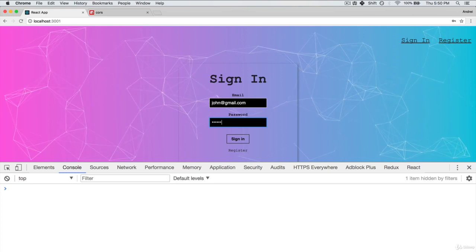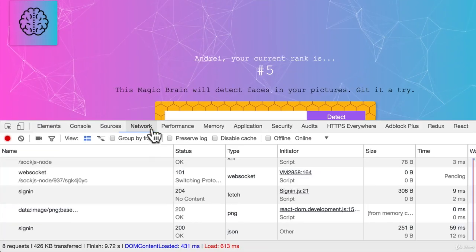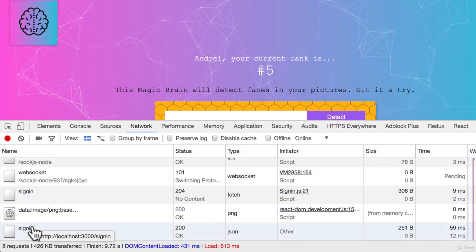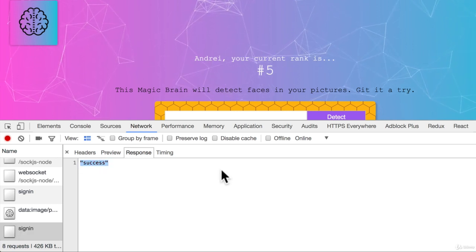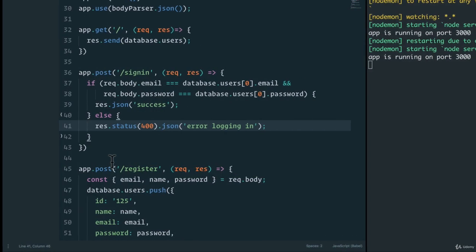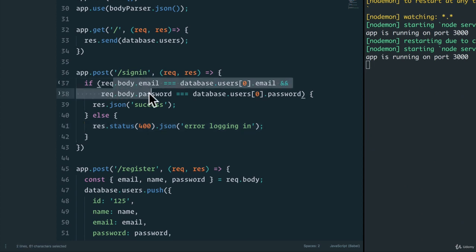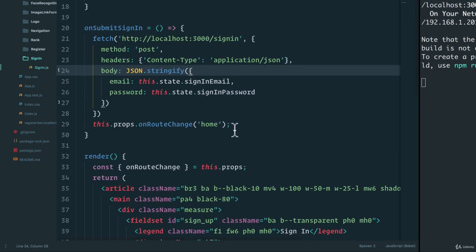john@gmail.com. Cookies, sign in. All right, let's go to our network tab and see what the sign-in route responded with. It said success. So we were able to sign in because, well, we entered John, a user that we have, according to our very simple sign-in form. However, if we want to change this to now say that response status is 400, error logging in, and